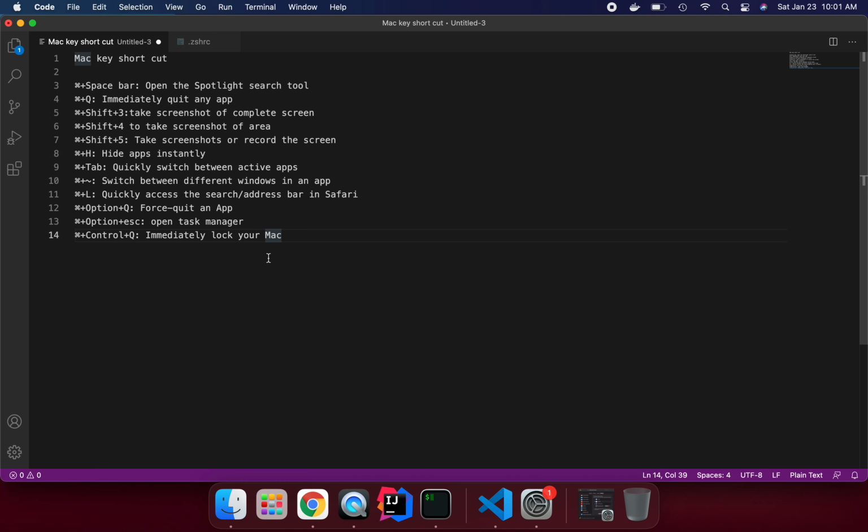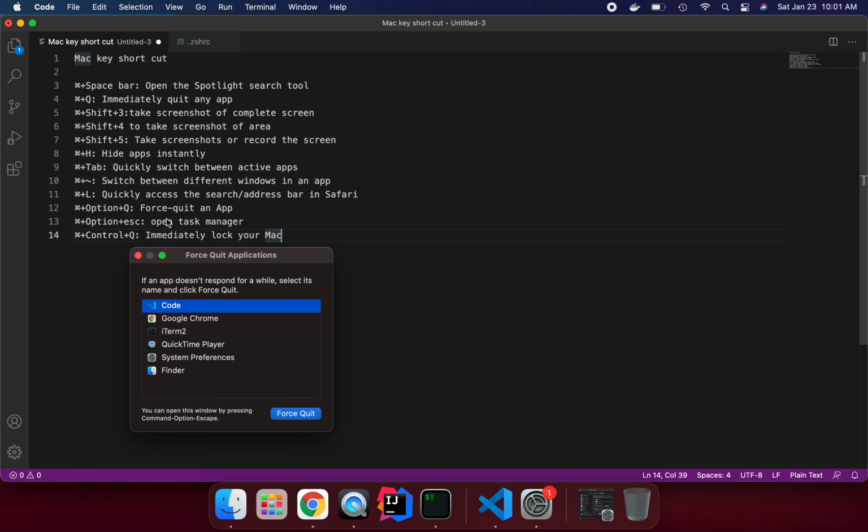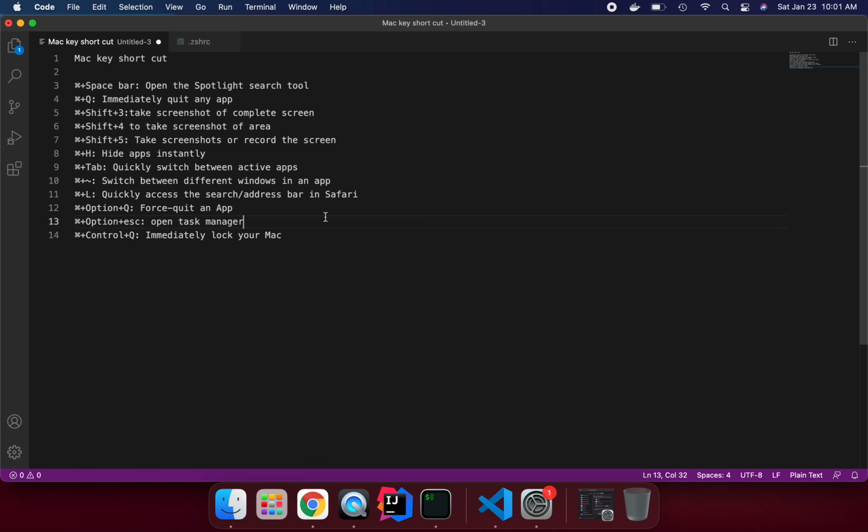And if you want to open something like Task Manager, press command option escape. Here you see command option escape coming, and you can force quit a particular application if you don't want to use it or something is hanging. So these are the basic tools, and they really help us easily access all these applications and do what we want to do. Hope you find it helpful.